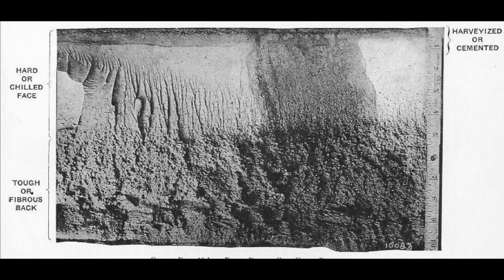And the idea of this is that it creates one side of the steel which has a very, very hard carbon steel face, which is very good at resisting shell fire, but is of course brittle. And the back of the plate is very tough and flexible because it has nowhere near the same level of carbon content. Now, to get it back into a usable shape, depending on the process you've used, there are a lot further steps to it. However, that in its very basic form is how you make cemented plate armour,